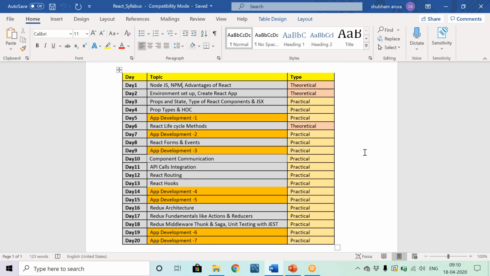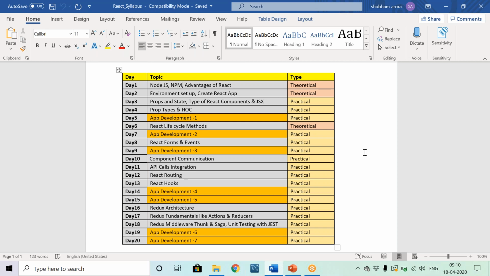JSX is nothing but JavaScript combined with your HTML. As I told you, in the application we'll be using HTML to render the elements and JavaScript to bind certain values, right? The data that we have captured from the server, we need to bind inside using JavaScript variables inside the HTML. For that, we use something called JSX. JSX stands for JavaScript XML.